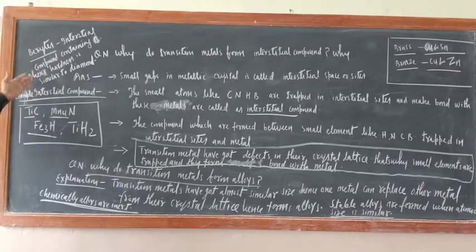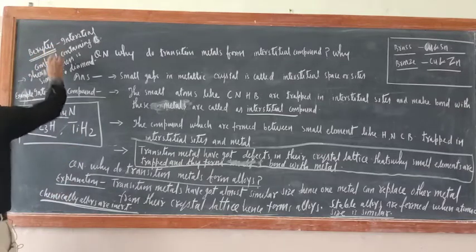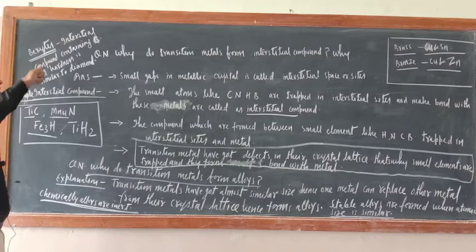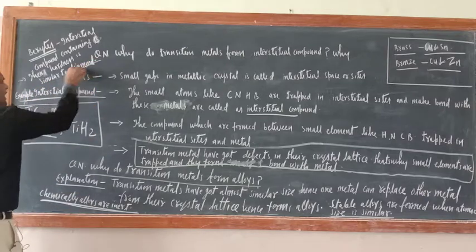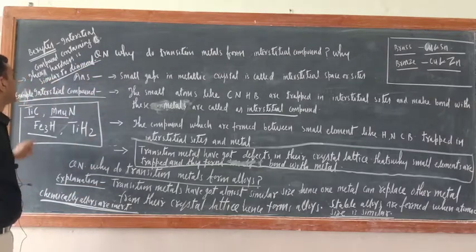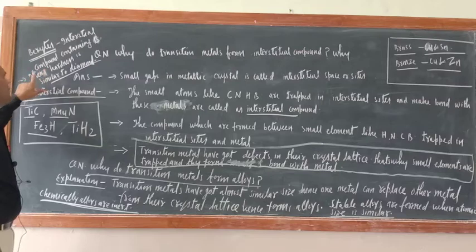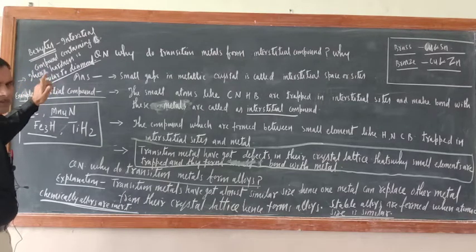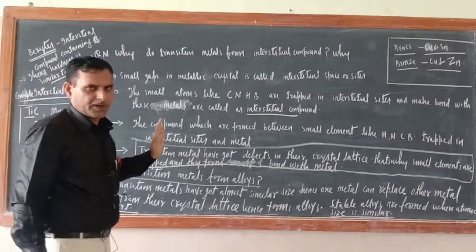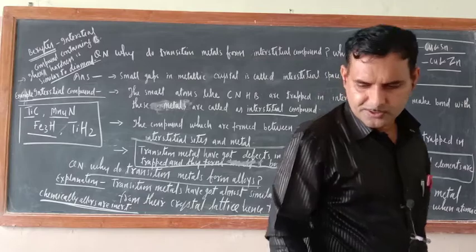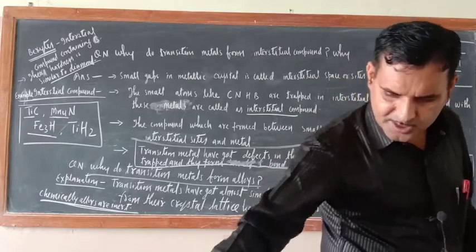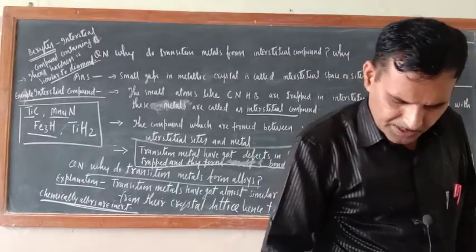There is one more compound, borides. What are borides? Borides are interstitial compounds containing boron. Their hardness is similar to diamond. Interstitial compounds containing boron have hardness similar to diamond. So in this way the duration of today's video is almost over, and things are almost completed.